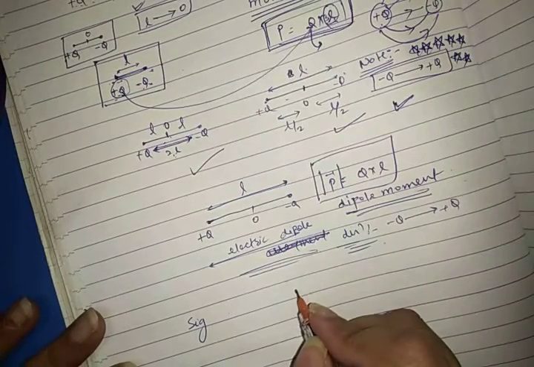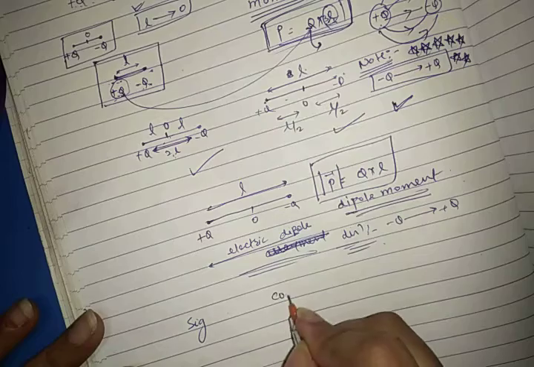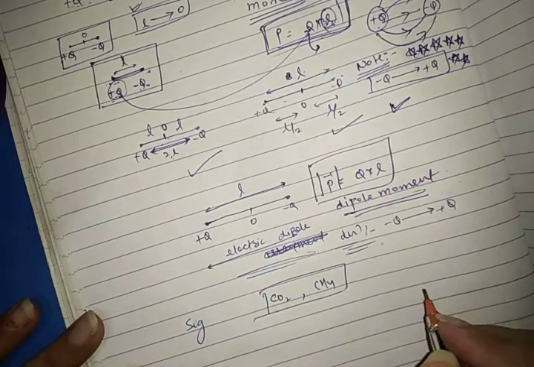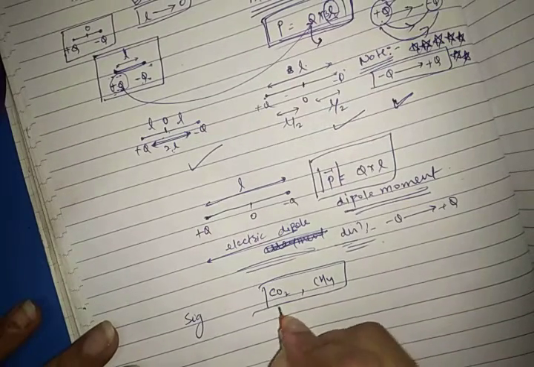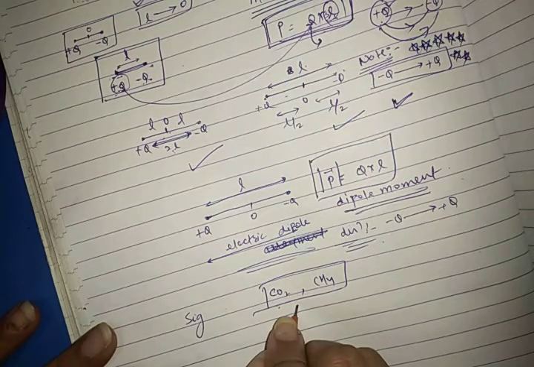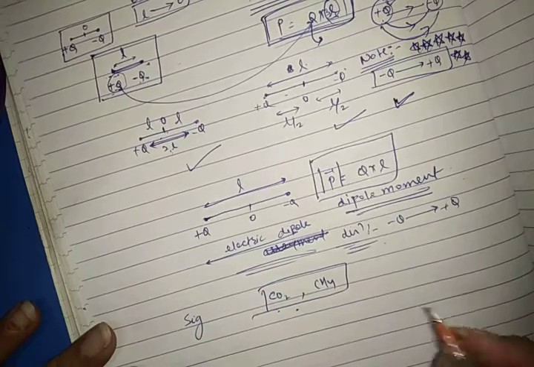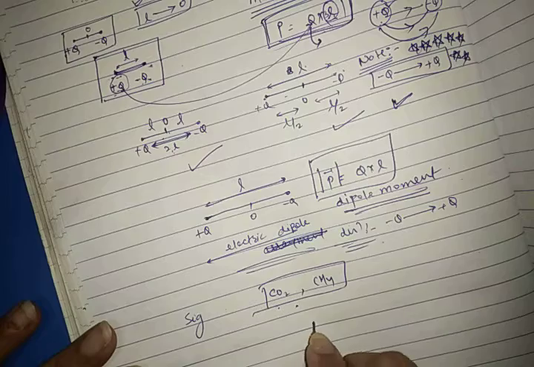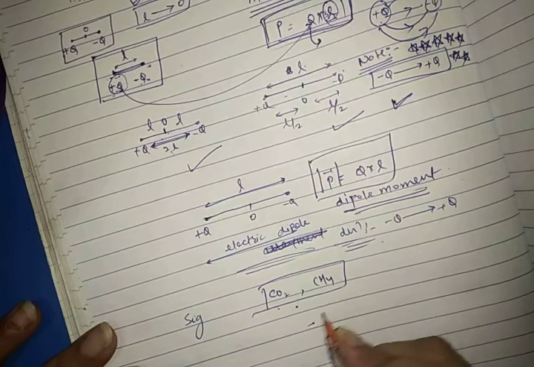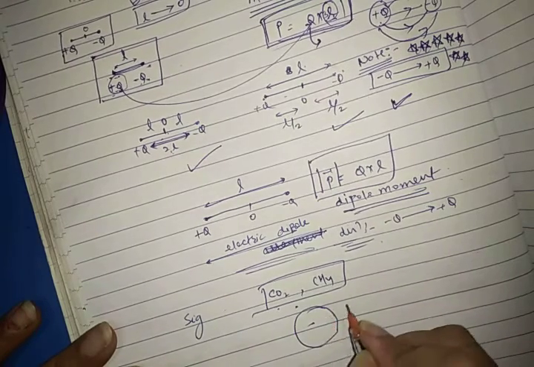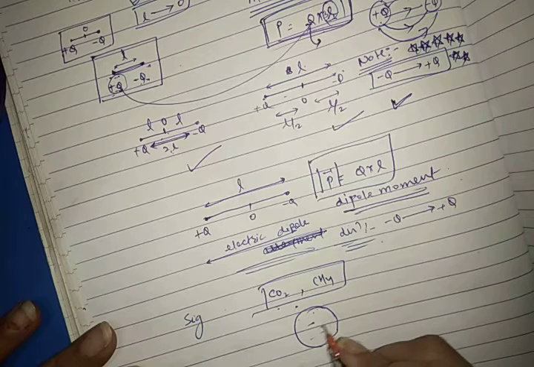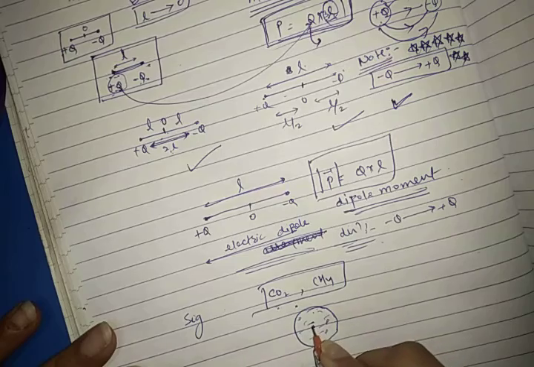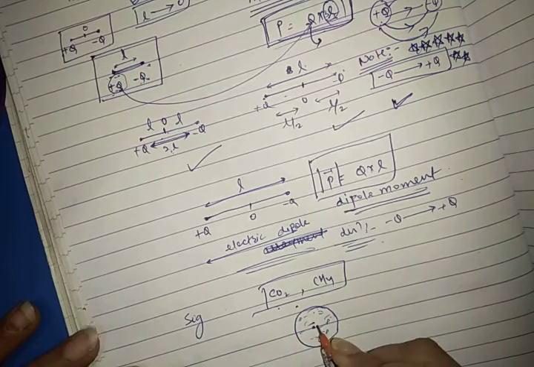See, sometimes in some molecules like CO2 or like CH4, there are negative charges and positive charges also, and in most molecules the center of the positive charge and the center of the negative charge coincide with each other. Okay, this is a molecule and there are some positive charges and some negative charges, and their center point of the positive charge and center point of the negative charge coincide with each other.